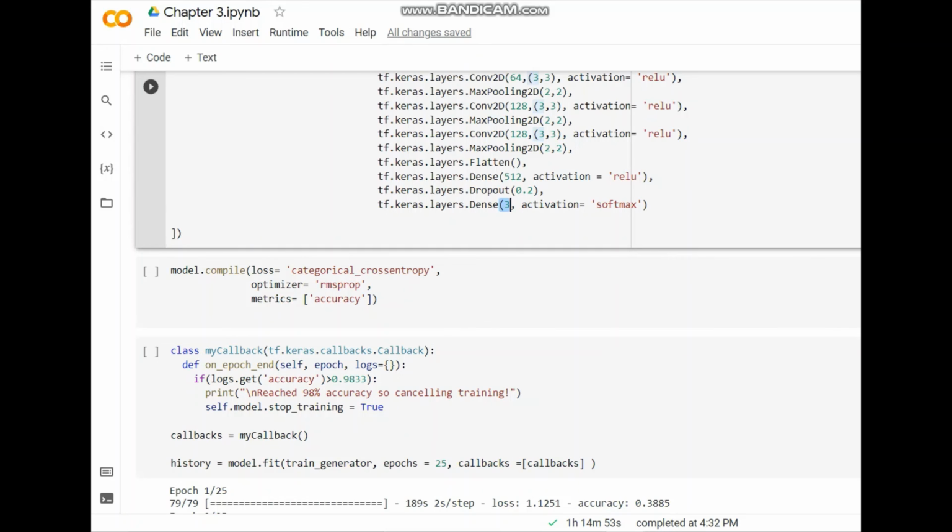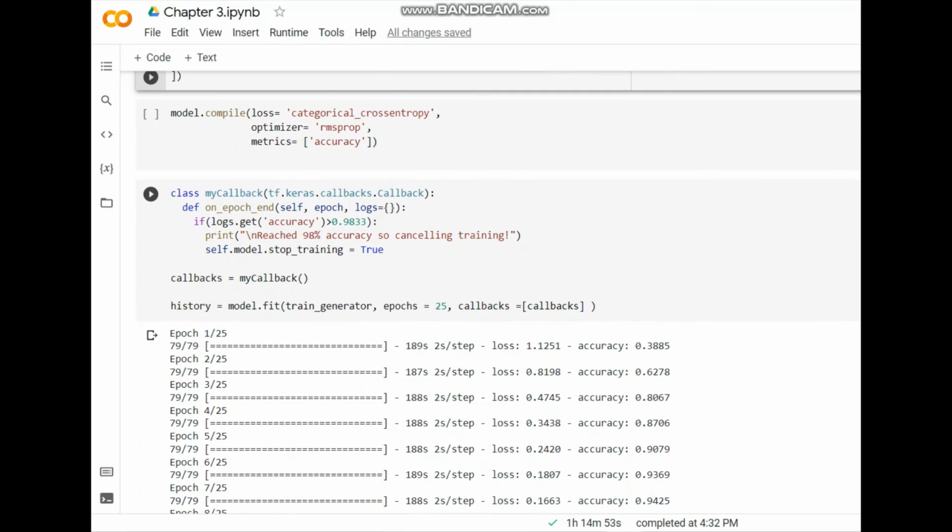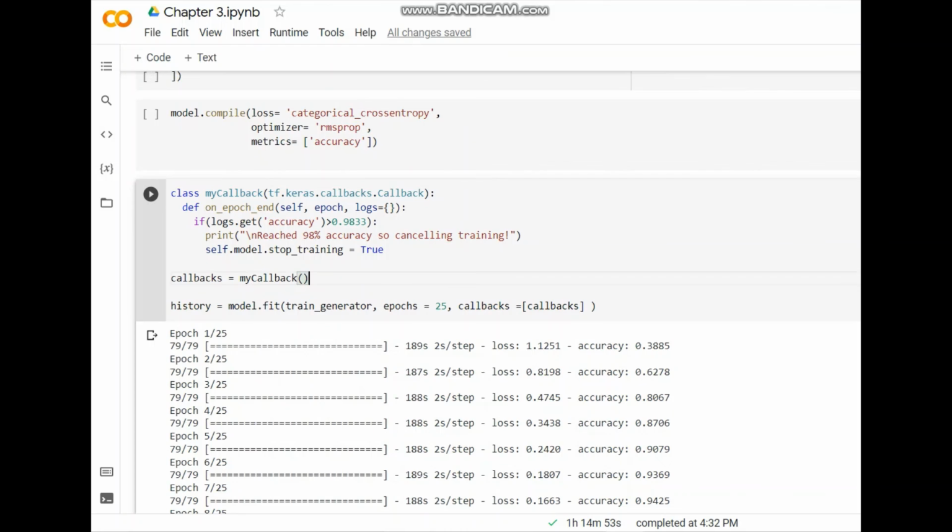Finally, for the softmax activation, then we compile the model, categorical cross entropy because we need 3 categories, optimizer is RMSprop, metrics is accuracy, right? So here is something that I've used, callbacks, and we did it in chapter 1 also. And if you are willing to do this, you just do it, otherwise you may leave this whole sort of code. So what I've done here is, if the accuracy is going above